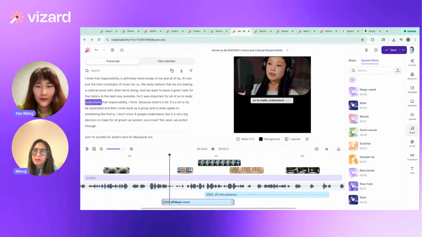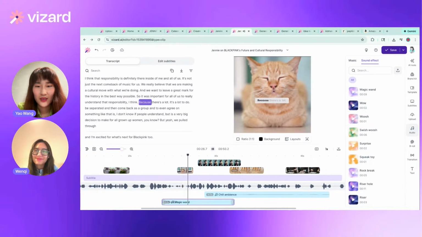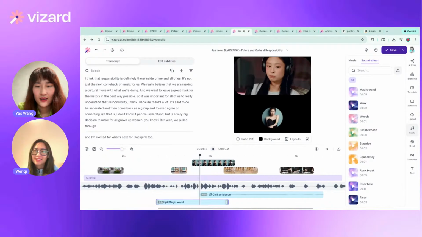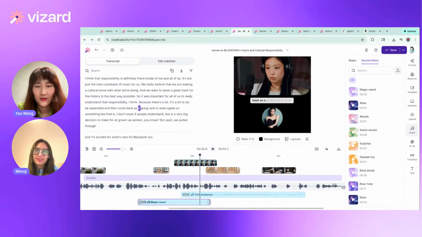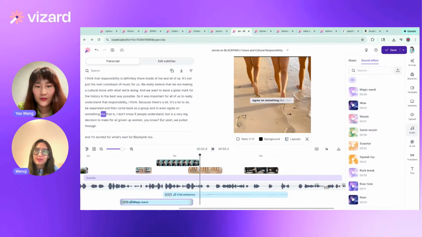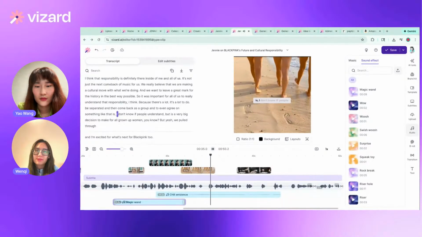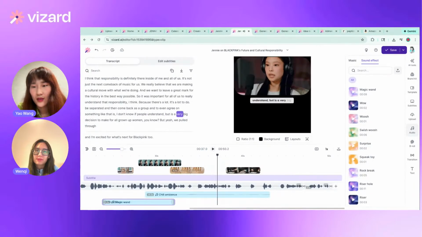Us to really understand that responsibility, I think, that because there's a lot. It's a lot to be separated and then come back as a group, and to even agree on something like that is, I don't know if people understand, but is a very So right now, after music and sound effect